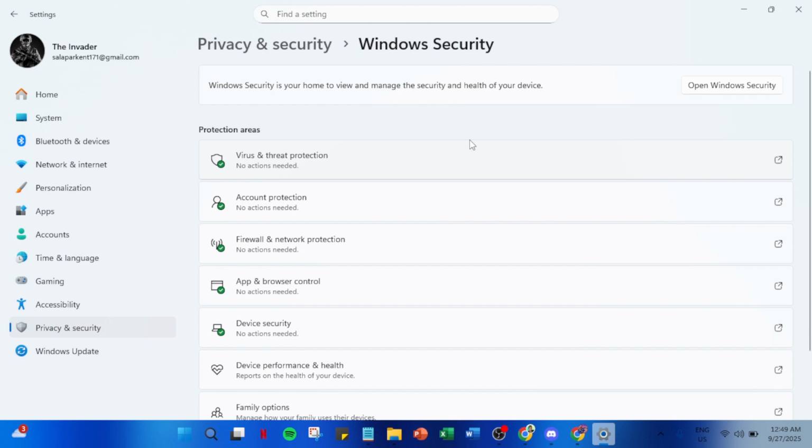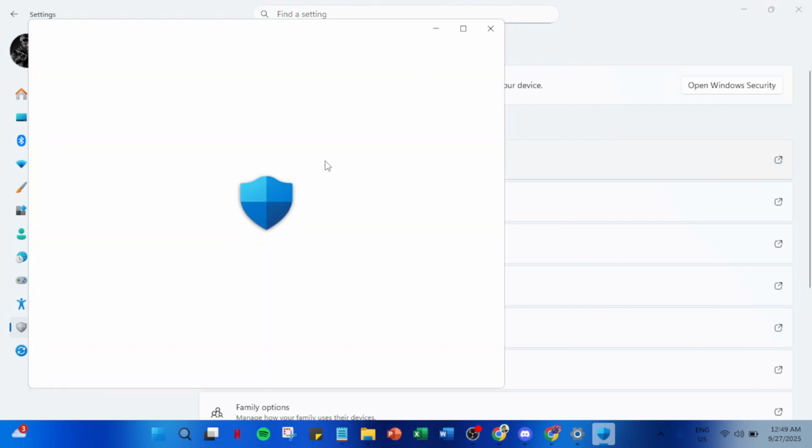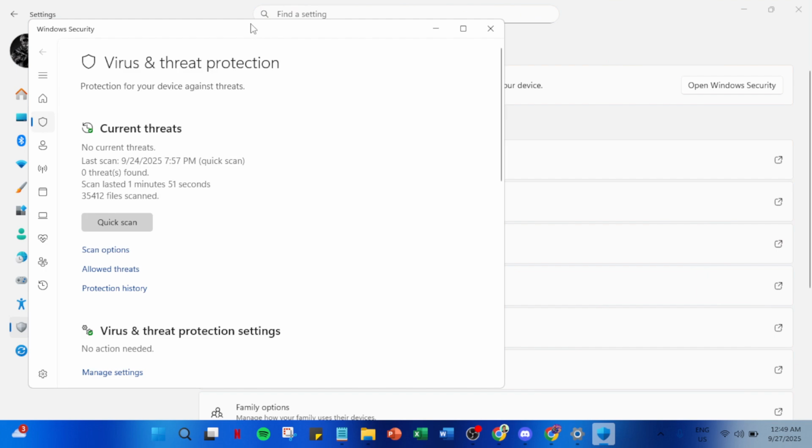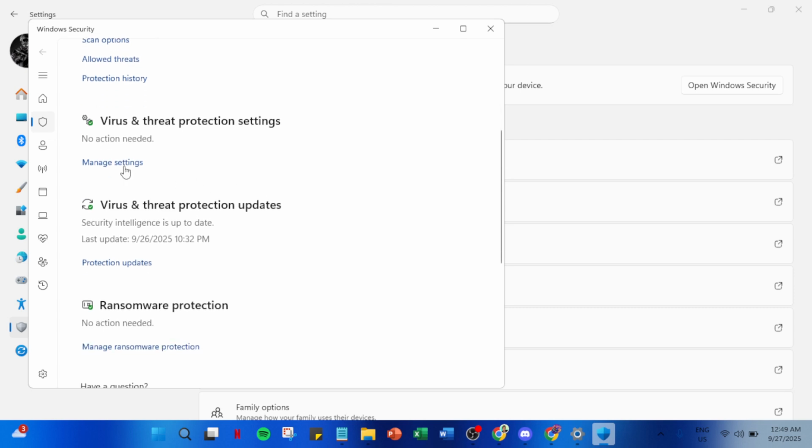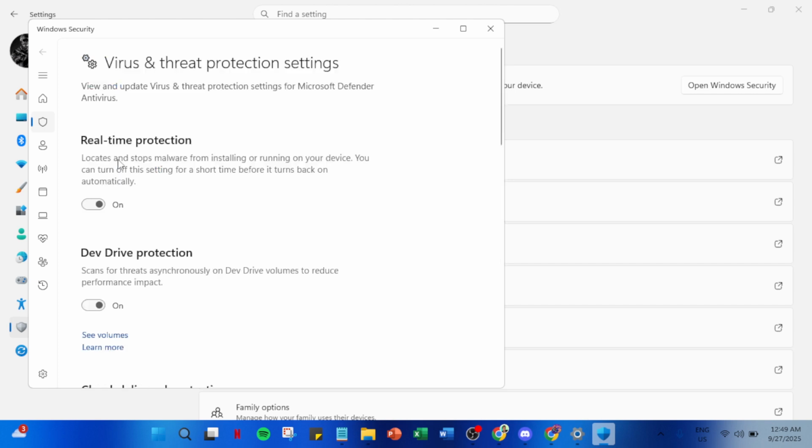By clicking this, you'll open up a menu specifically designed to manage the antivirus settings. It's here that you'll be able to toggle the real-time protection features of Windows Defender on or off. When you've reached this point, look for a section called Virus and Threat Protection Settings. Within this section, you'll find an option to Manage Settings. Clicking on this will take you deeper into the options available for customizing how Windows Defender protects your system.